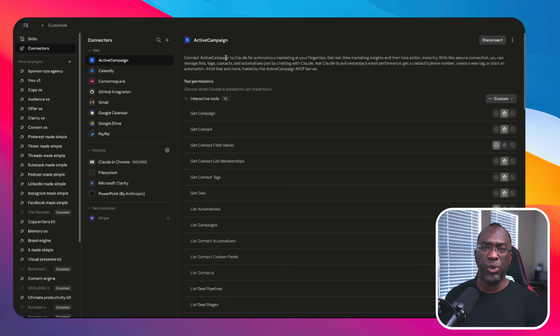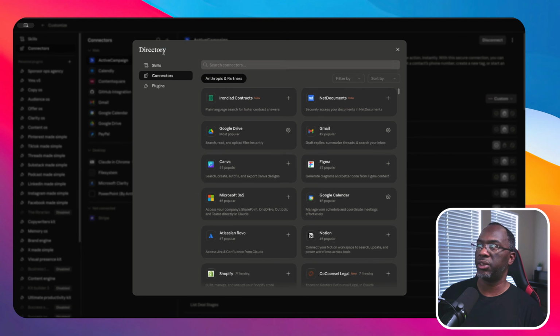And so I was with Kit for my email marketing service, but now I'm switching over to ActiveCampaign because they have a native integration, and Claude is able to build campaigns. It's able to look at my email marketing statistics and data and help me optimize items for a better running business, a better marketing campaign. And if I click this plus button and then I browse connectors, you can see